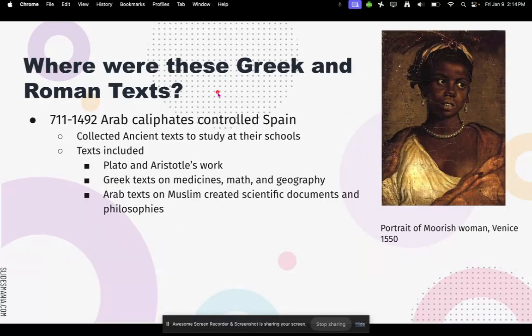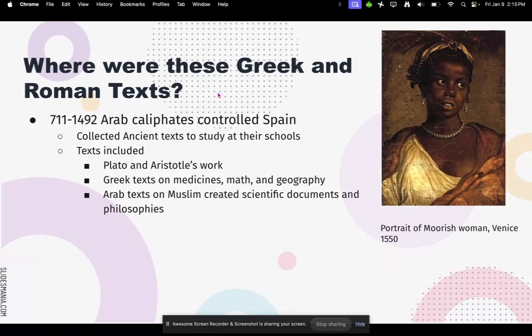So, good question is, everyone in European Renaissance was obsessed with getting these Greek and Roman texts, but where did they get them? Did they just dig them out of the ground? No, actually, they have been known to humans ever since they were created.